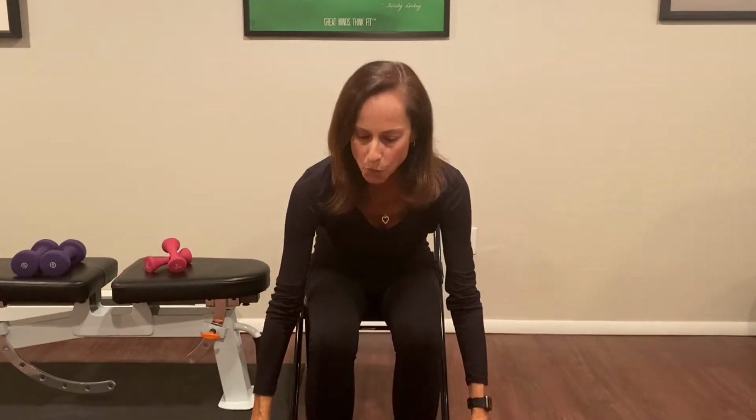Good. And 3. Remember, gravity is going to pull those water bottles or those weights down toward the ground. You are resisting or overcoming gravity by going down very slowly. Last time, let's just hold it here for a count of 4, and 3, and 2, and last 1. And slowly, slowly returning them down towards the ground. Excellent. Let's place those water bottles, if you have them, on the floor, and we'll just do a little